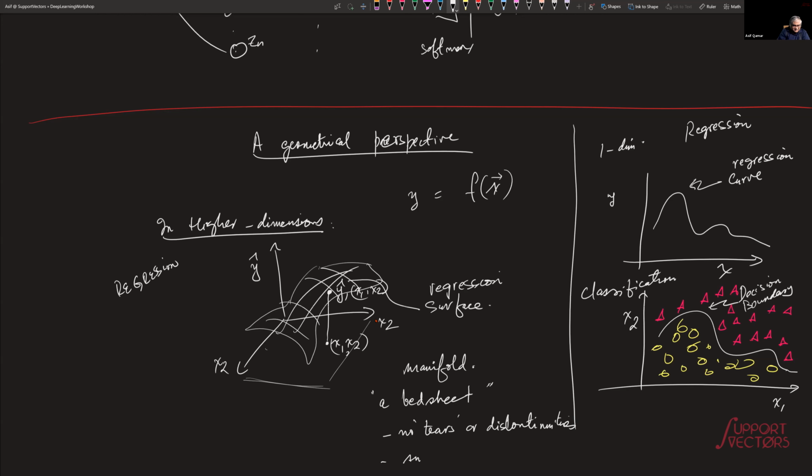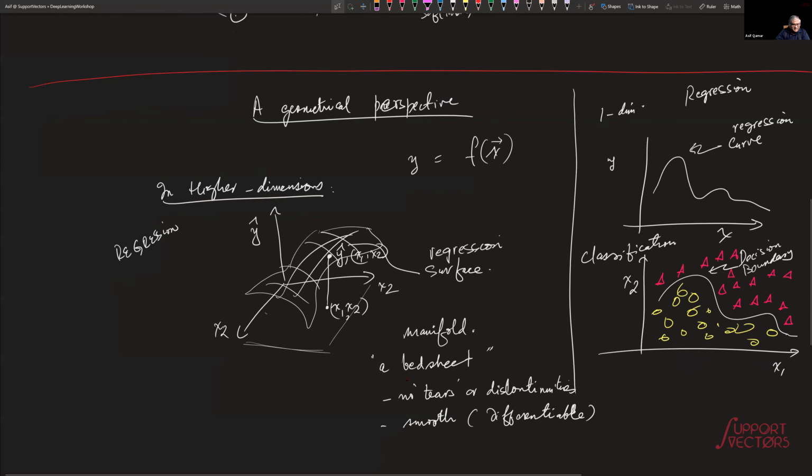It is smooth, so it is not an iron bed sheet with creases or sharp edges. It is smooth everywhere. The word people use is differentiable. And it has one property which is very crucial to manifolds,